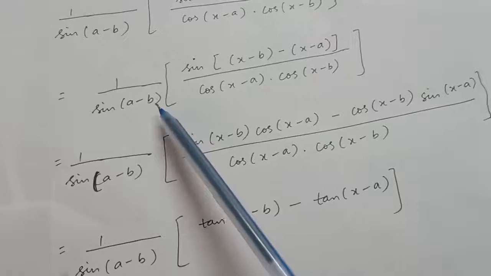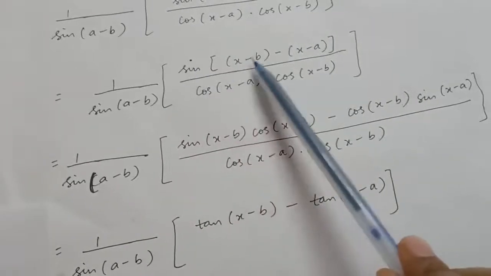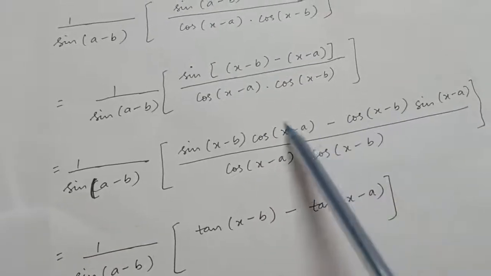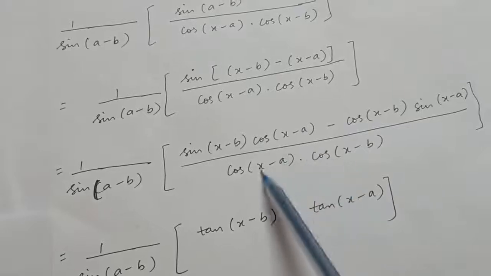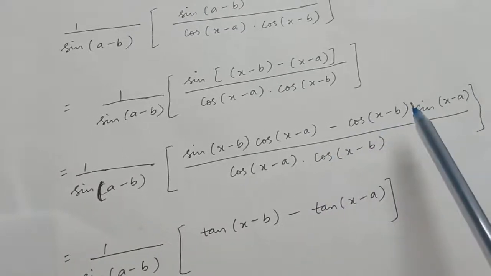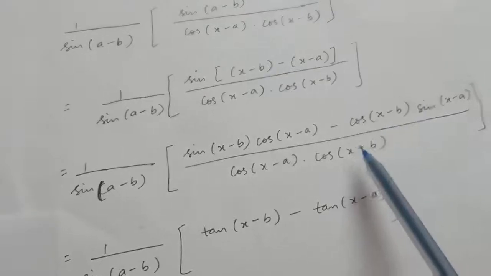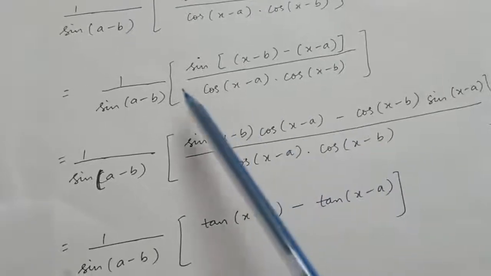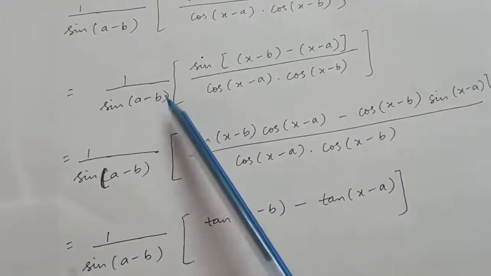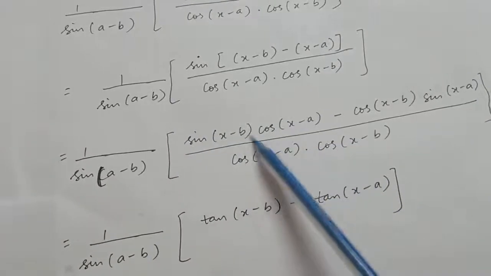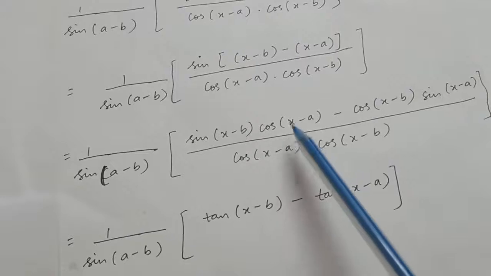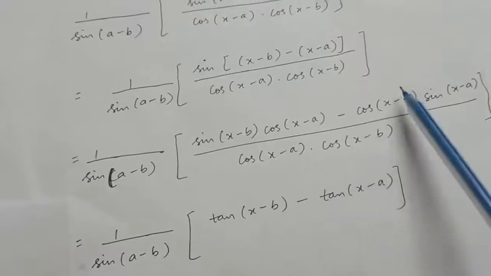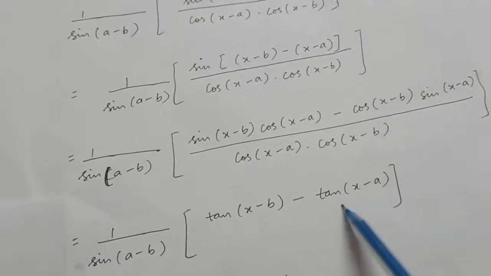So this is the only reason that we have multiplied and divided the given function with sin a minus b, because if we had multiplied it with cos, then when you will solve cos a minus b, it will be cos a cos b minus sin a sin b. Then one term will completely get cancelled with the denominator, and the other term of sin will give you tan x minus a into tan x minus b, which is again not possible to solve, right? This is why we have divided with sin a minus b. Now if you divide this term with the denominator, cos x minus a will get cancelled and you will get only tan x minus b, minus when you divide this term you will get only tan x minus a, right?